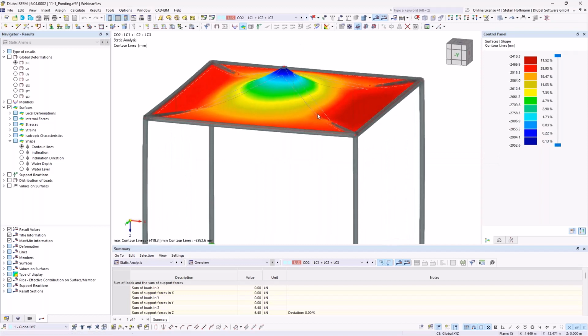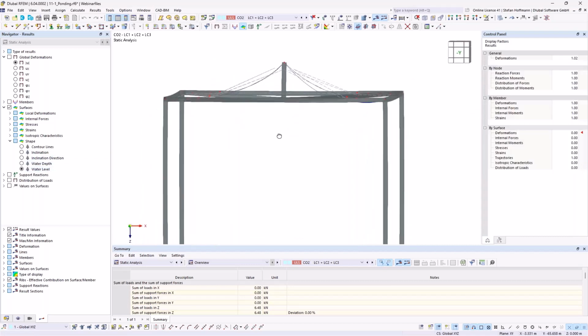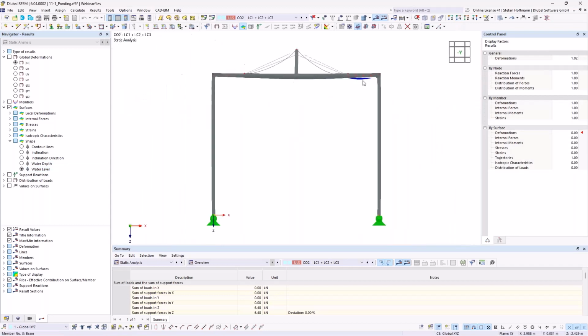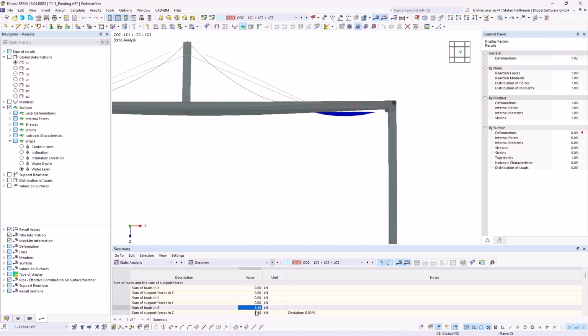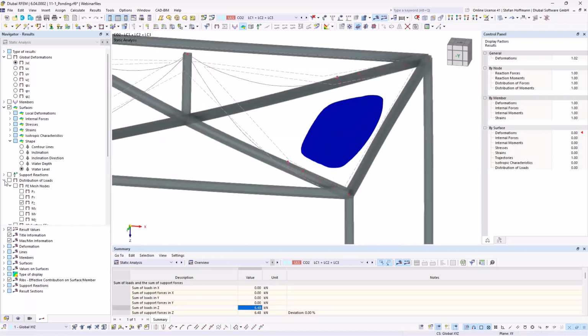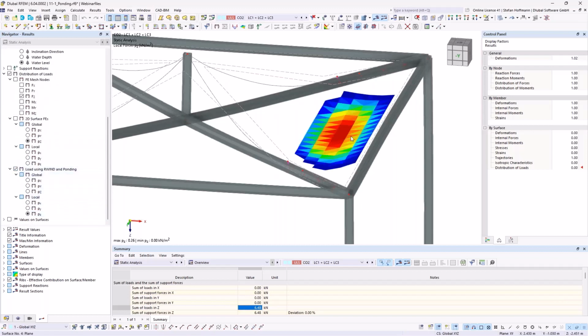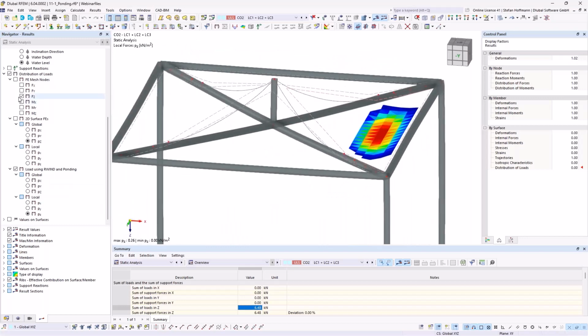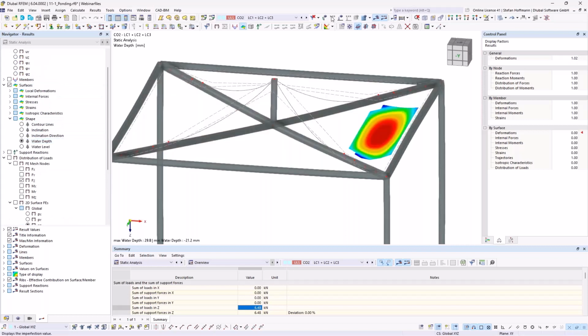So if now the rain comes on my structure, nothing really changes. But if you now check for our water depth or water level, you can see that there is some water accumulating. Let's check from minus y. So it's not fully filled because 1 millimeter will not fully fill the square meter we have. And you can as well, of course, inspect the forces. As shortly shown, you can also check the distribution of loads and then check also the bonding loads distributed on this area. So my water now flows into my surface set,